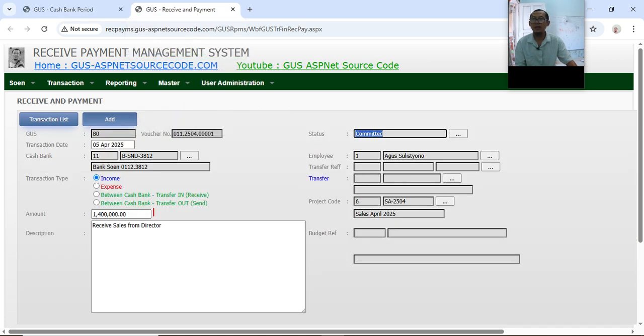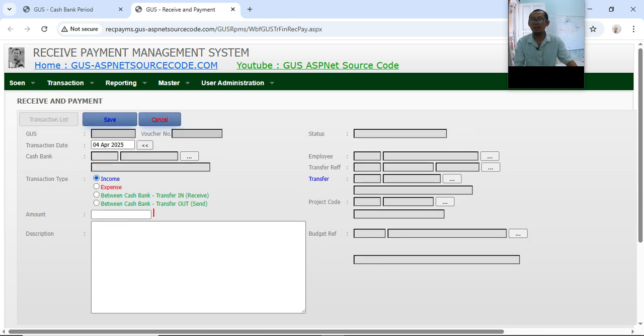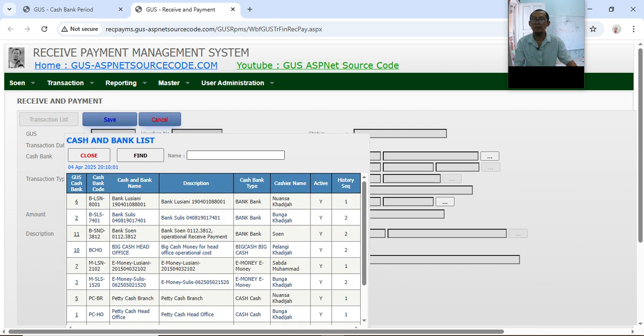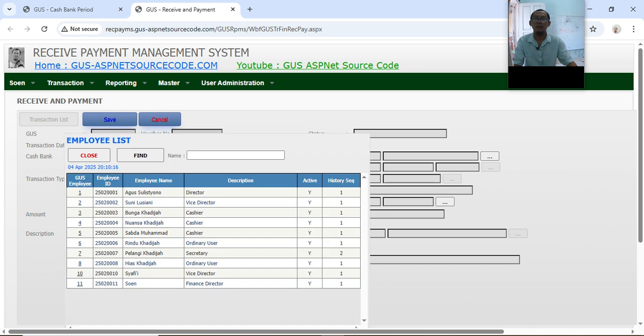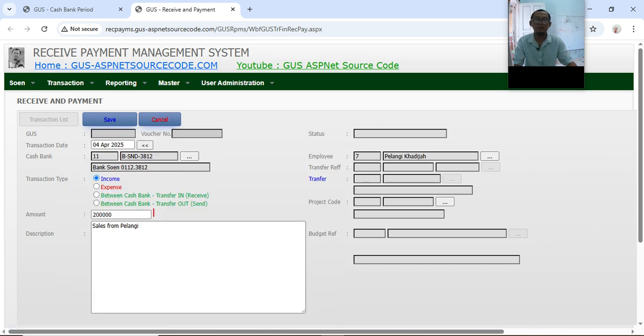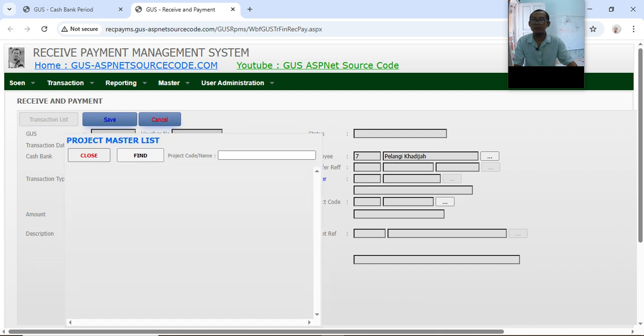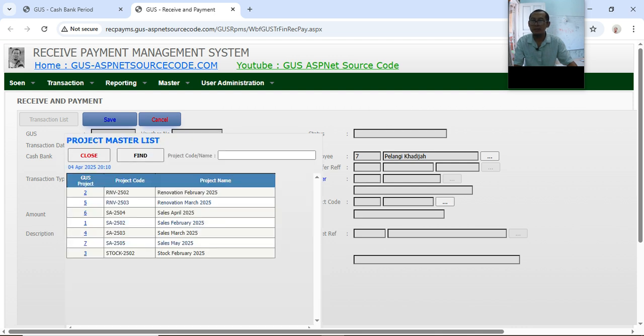Now let's try to create another income. Income again. I will put bank Soon. Okay, let's check the employee. The project code is sales.